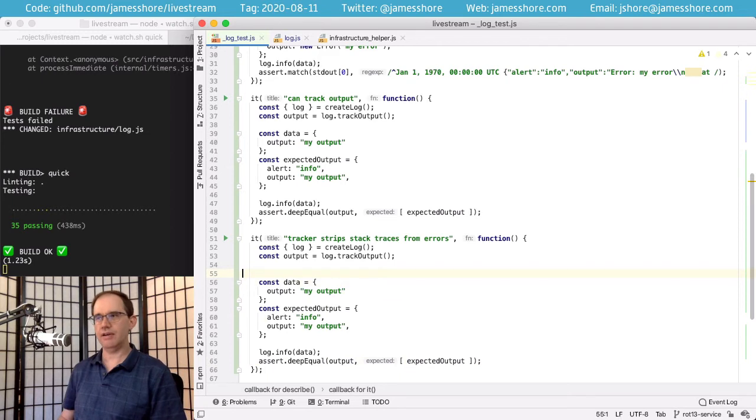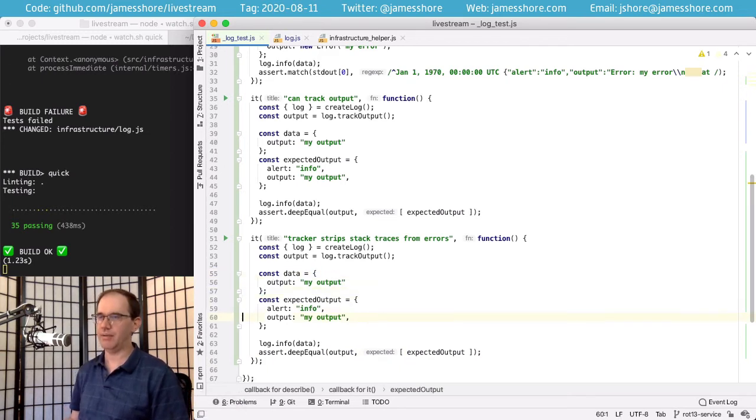And as usual in tests, I'm okay with more duplication than I am in production code because I think it makes the test easier to read. So here, our output is going to be new error, my error. And here, the output's going to be, rather than having a stack trace, it's just going to be error, my error.